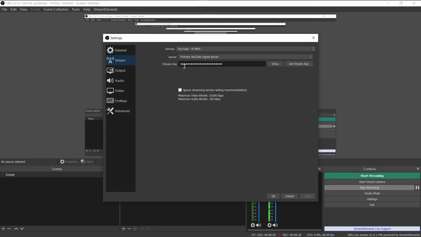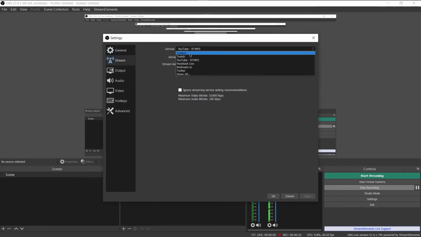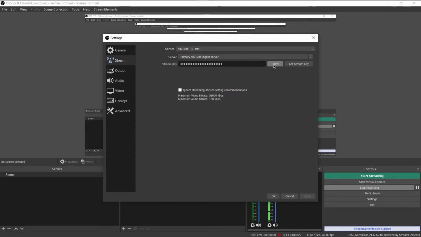In the stream also, you have to click on the YouTube RTMPS, and then here's a stream key. This key will be provided to you when the stream will be starting, just before that. So you have to paste a new key every time you stream, and that will be provided to you, so don't forget this one. Everything should be like this.